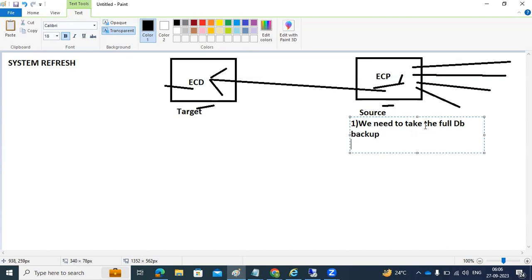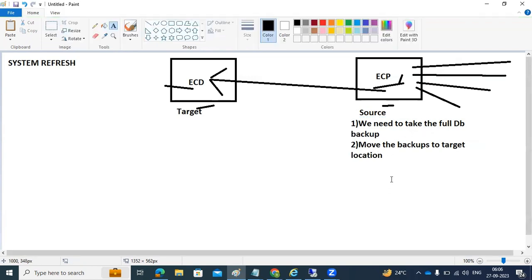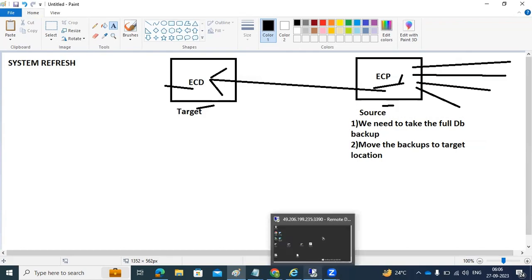Then move the backups to the target location. We need to move them to the target location. That is very important, that is a very important concept here. Got it? So here on the target side, first of all, before